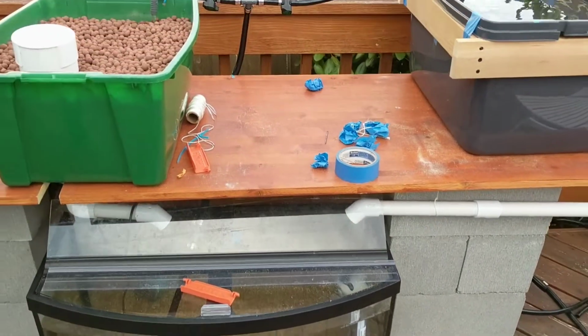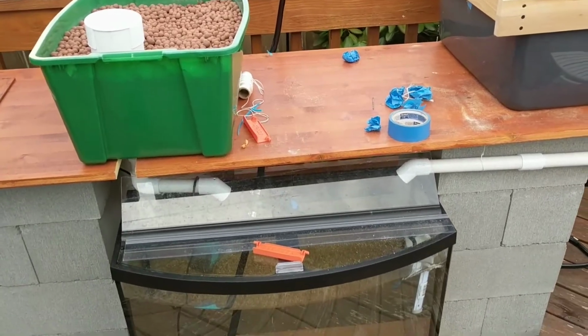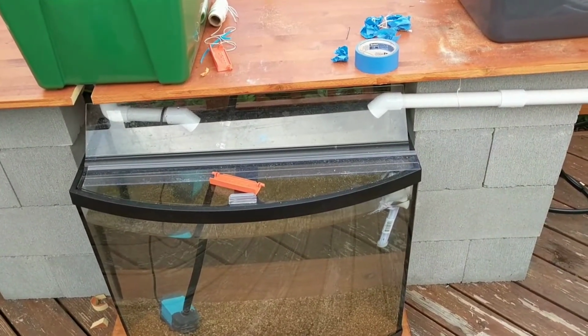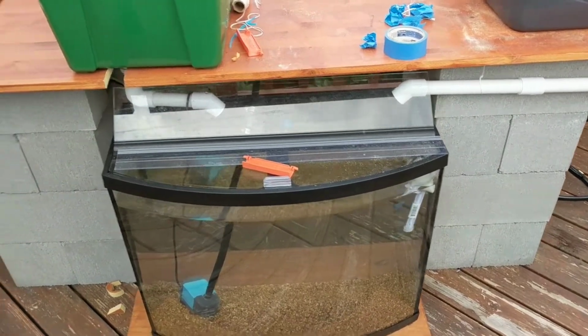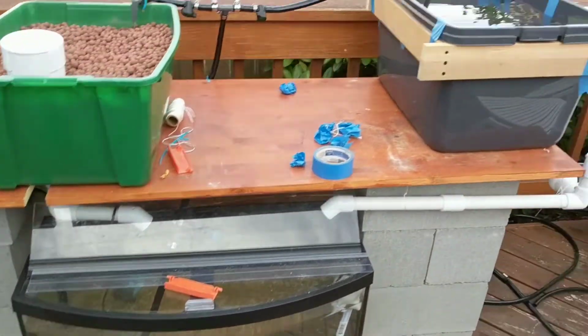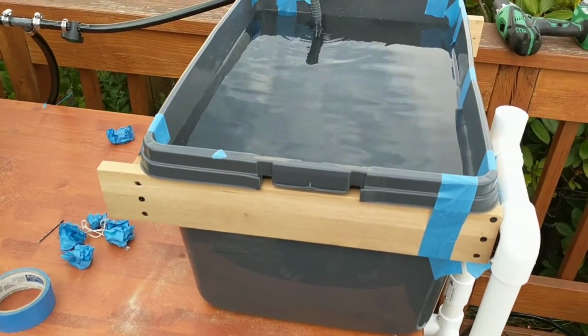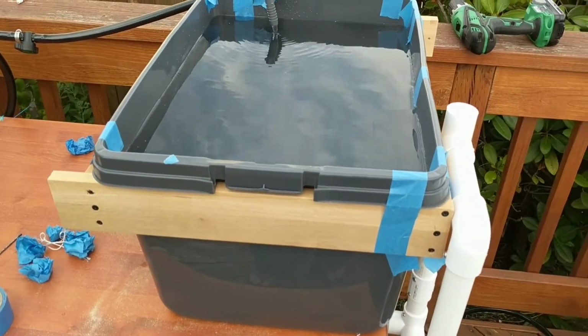I noticed a lot of water was splashing out, and additionally I didn't want to get sawdust and stuff into the water if I could help it, so I put that on. Other than that, the primary addition is this deep water culture bed. It still needs a floating raft to go on top,